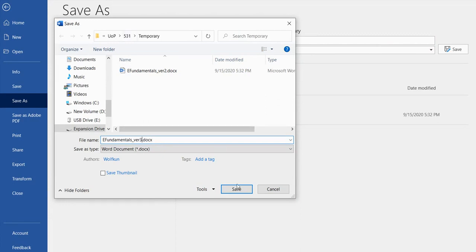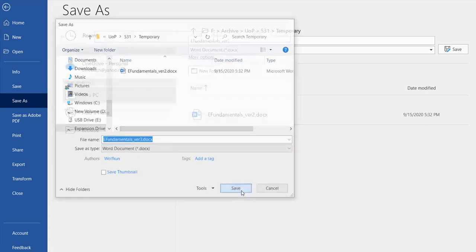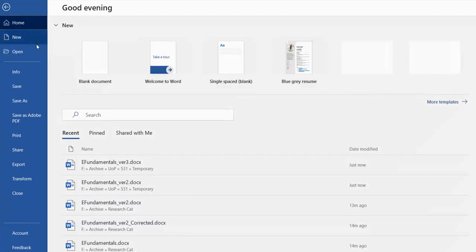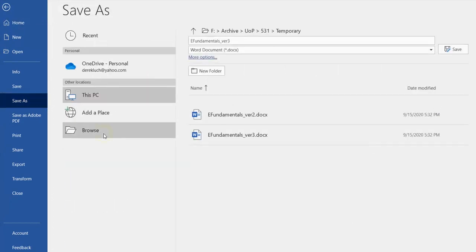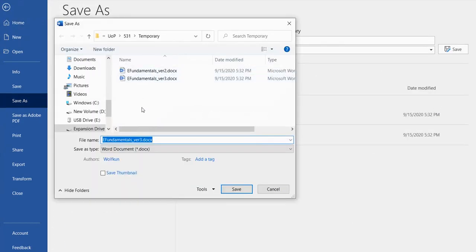This way, when I save it, I always have a record of the documents that I've had. Now, when I'm inside a session, I don't necessarily need that. I'm not going to save this 20 different times inside of one time I sit down to work on it. But there have been times in the past, particularly with some of the longer documents, that if I'm doing 10,000 words, then I've added in a section and I realize I don't want that section. I'm going to have to remove it, or I'm going to put in somebody else's work,